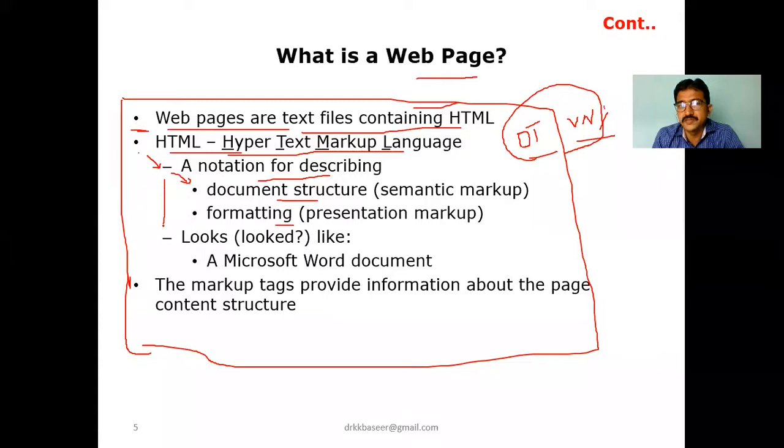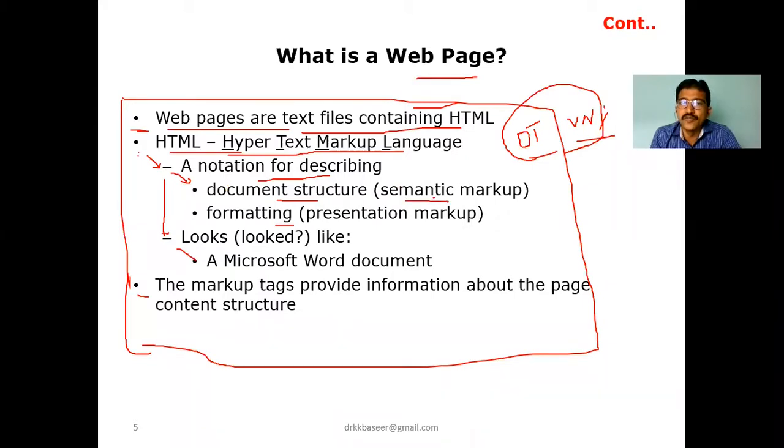Now parallel to this, another hyphen bullet, again a circle bullet, again a bullet. Like this, the total content is in 3 lines, but the second bullet consists of a sub bullet, and that sub bullet consists of another sub bullet. Like this, the document structure will differ. That is called semantic markup.